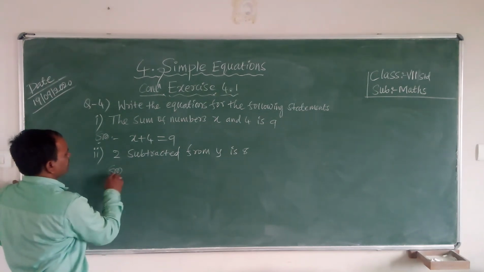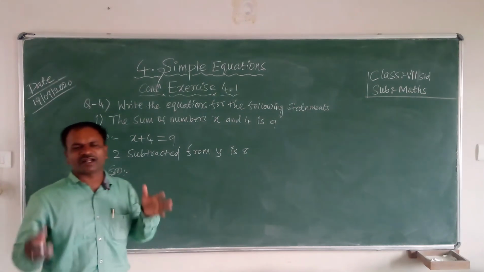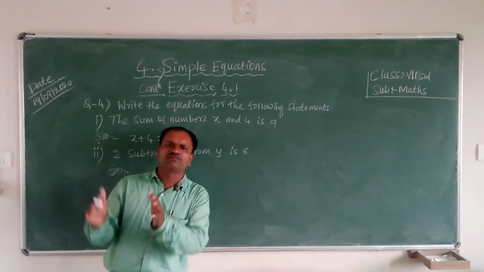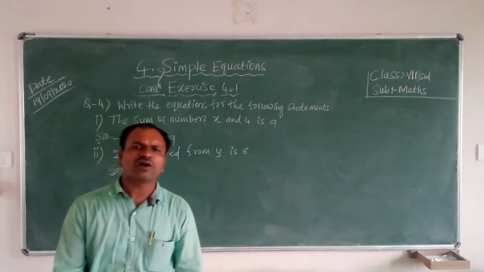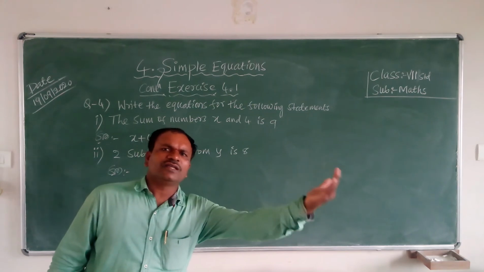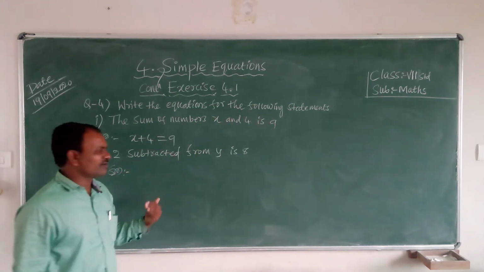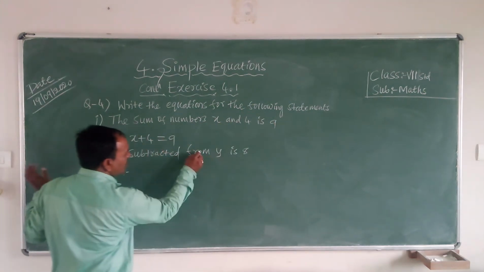Means what, my dear students? You know the English letters, you have to write the letters. 2 from means what? From. Like this you can know. This 2 from this